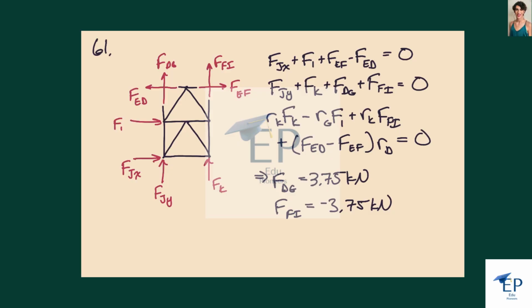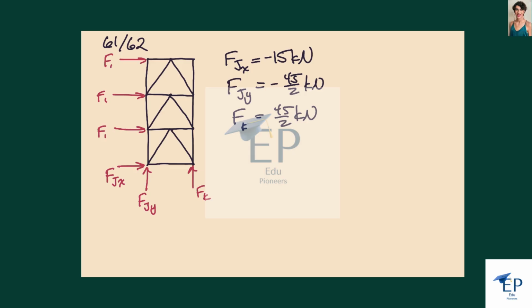This problem, we're going to have to look at this truss here, but now we want to figure out the forces in these two members here. So we're going to make a cut like this, just like we did last time, but just shifted down one section. And again, we'll be able to figure out what these are, but we won't be able to figure out the absolute value of these two forces in these two members,